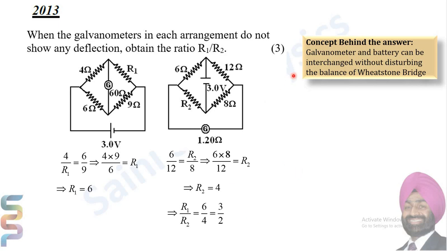A simple question, but please keep the concept in mind. When a Wheatstone bridge is balanced, when the ratio R1 is to R2, or P is to Q, is the same as R is to S, then it doesn't matter whether the galvanometer is placed in this diagonal or in this diagonal. We have two diagonals. In one diagonal you place the galvanometer and in the other, the battery. It may be reversed also. Put the battery in this diagonal and the galvanometer in the other diagonal. The balanced condition doesn't change.